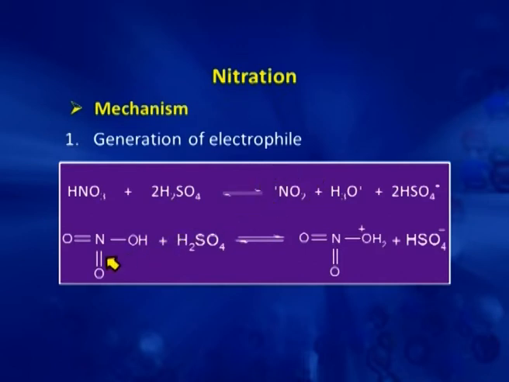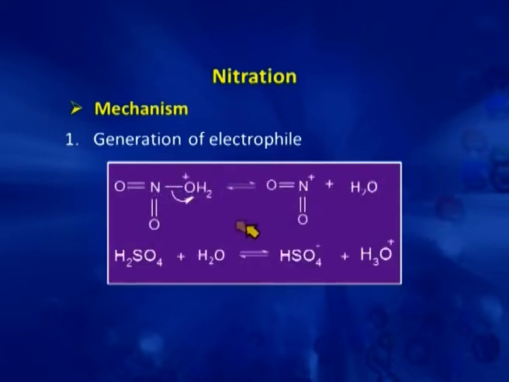How does this nitronium ion get formed? These are two acids, so how do these react? This is a type of Lowry-Bronsted acid base reaction. Here the nitric acid acts as a base and the sulfuric acid acts as an acid. So, it supplies H plus to the nitric acid and there is a protonation of this OH. Next, there is a removal of water from this molecule and it produces a nitronium ion,